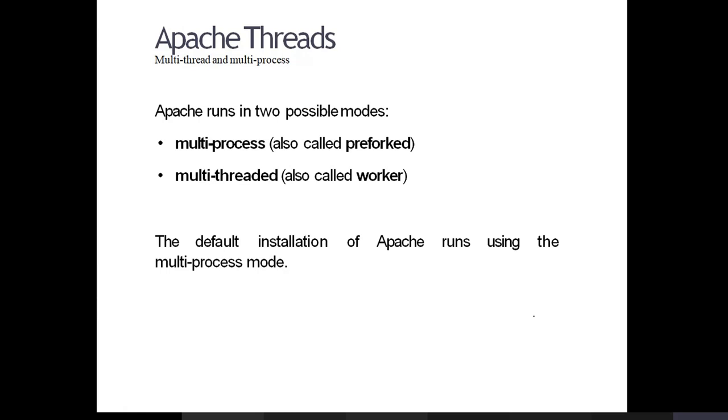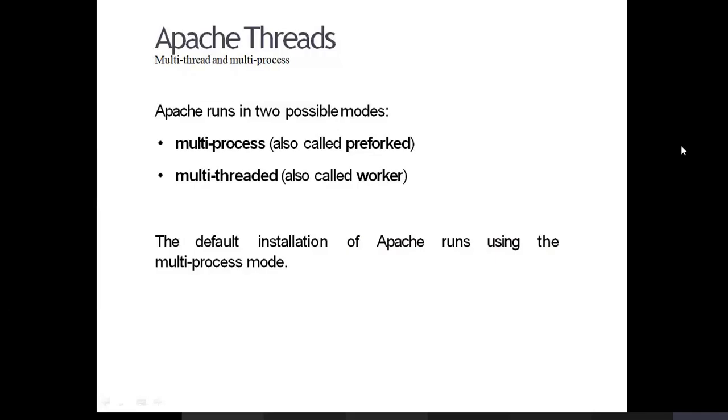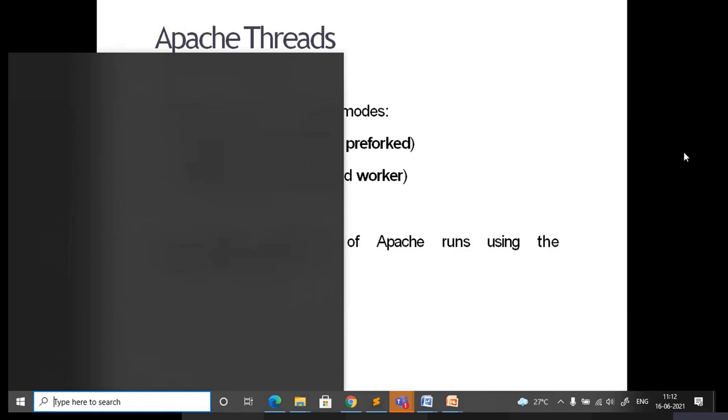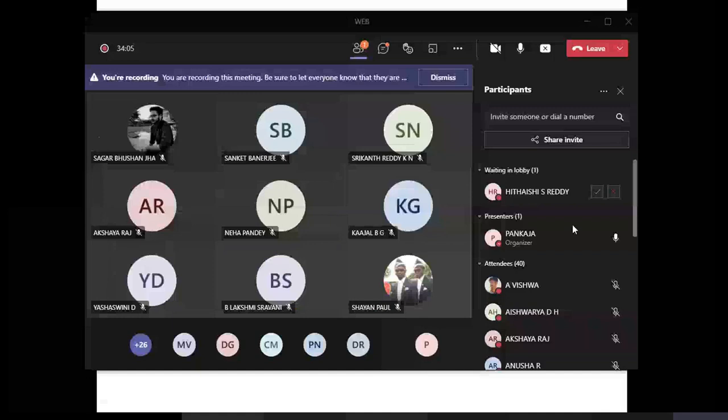Now, whenever the request comes, how is the Apache server going to handle it? I think you have learned in operating systems what is a thread and what is multi-process, so you will understand better the advantage of each of these methods. I am not going to explain these in detail. You just understand what the advantage of going for multi-process is, and what the advantage or disadvantage of going for multi-thread is. Any one of these methods is used for handling the request.